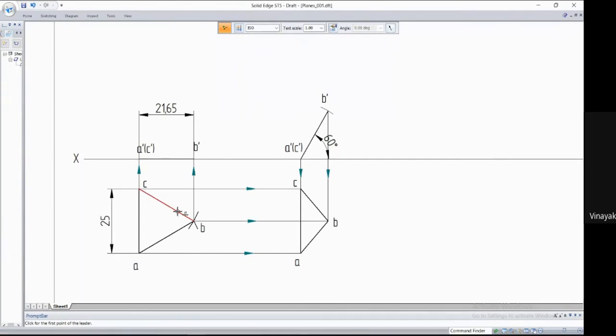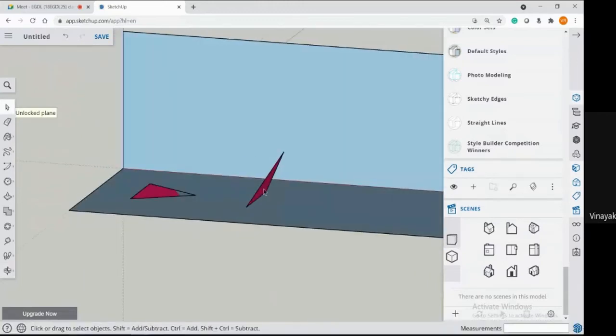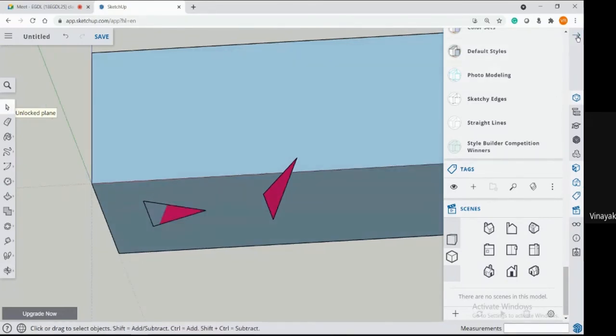So whenever they give surface of the lamina inclined to HP, it means it is resting on the horizontal plane. If they give surface of the lamina inclined to VP, it is resting on the vertical plane. You can see here, this is the surface. If they give surface inclined to VP, it is your fifth position. If surface inclined to HP, it is your fourth position.